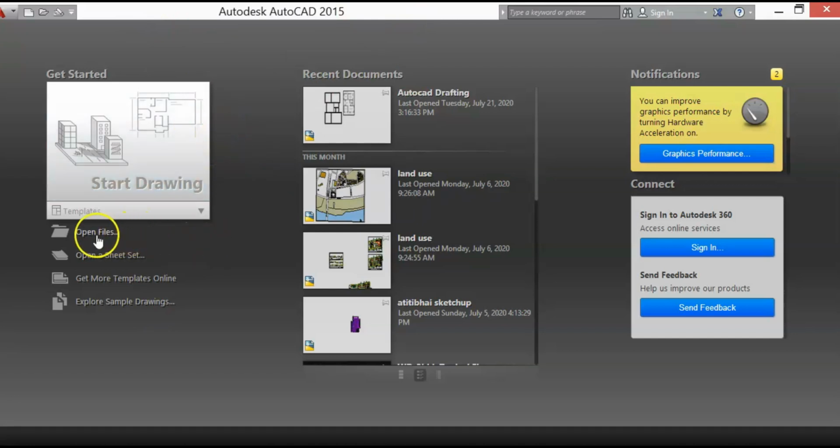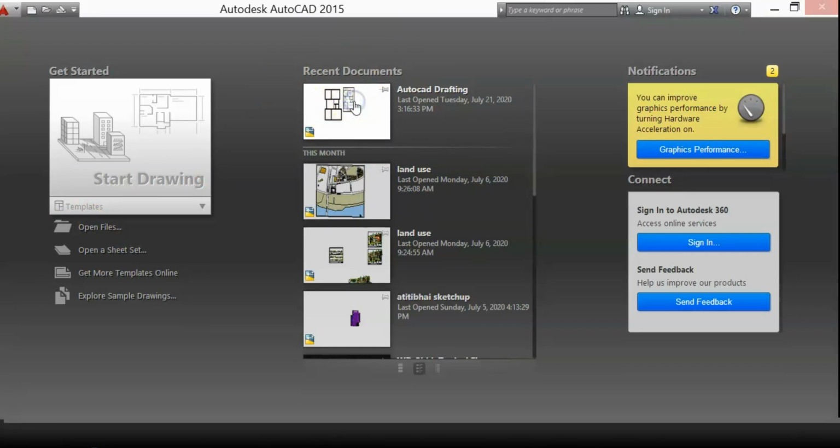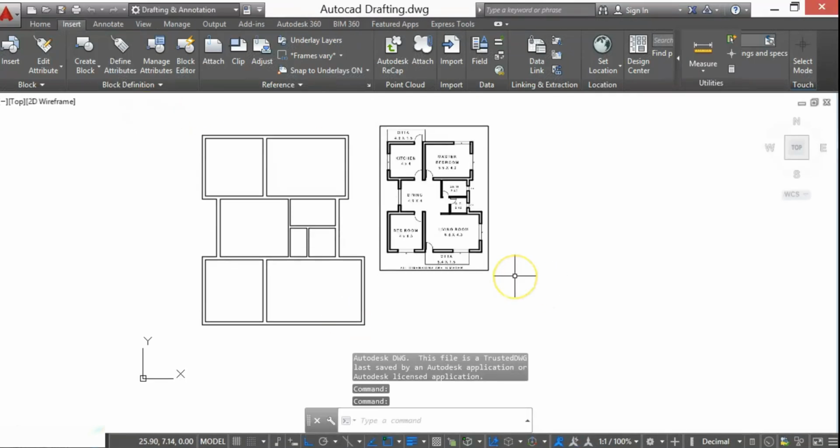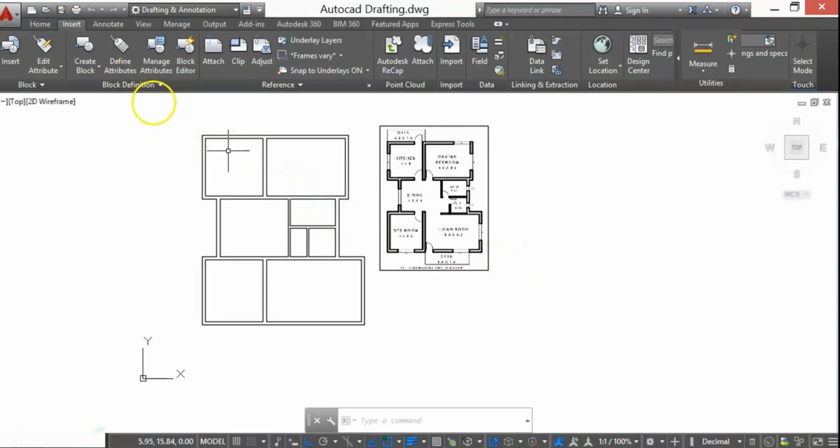Now I want to open that previous file, so I can go to open files, or else you can also get that in recent files. I click on that file. So we'll get that plan which we have saved previously.